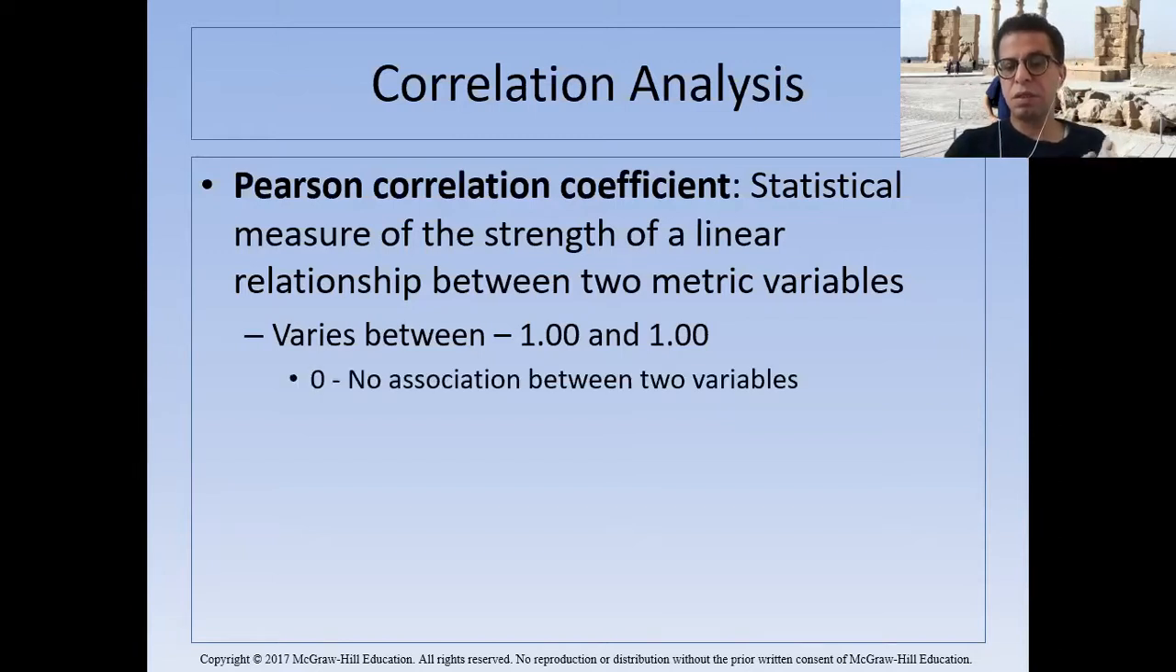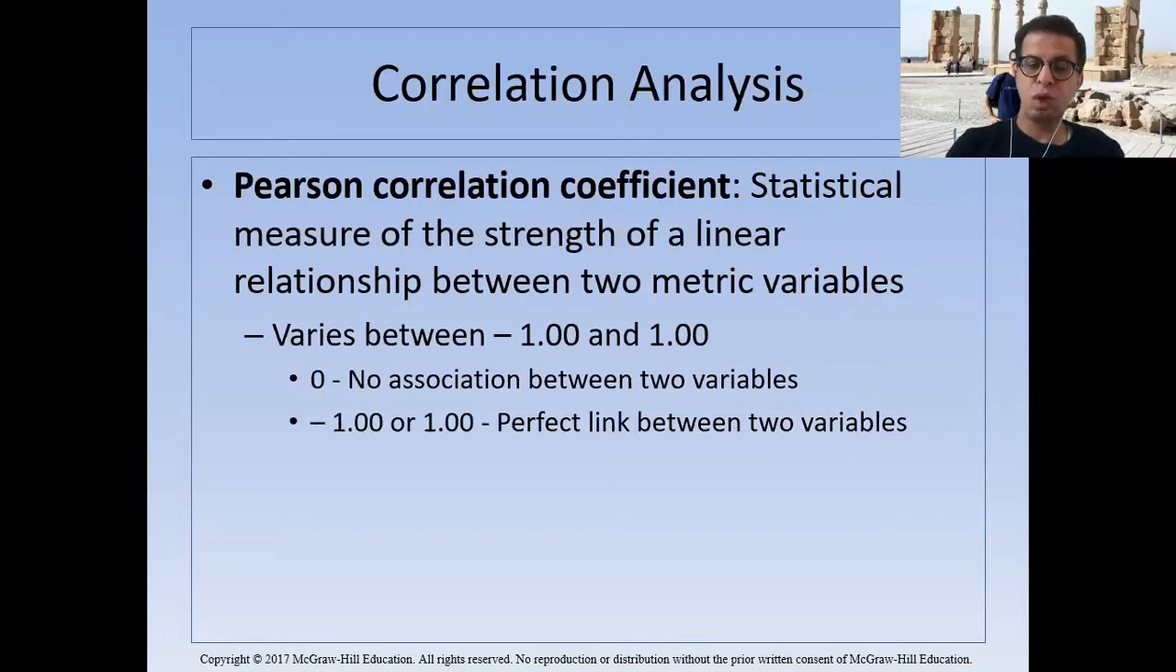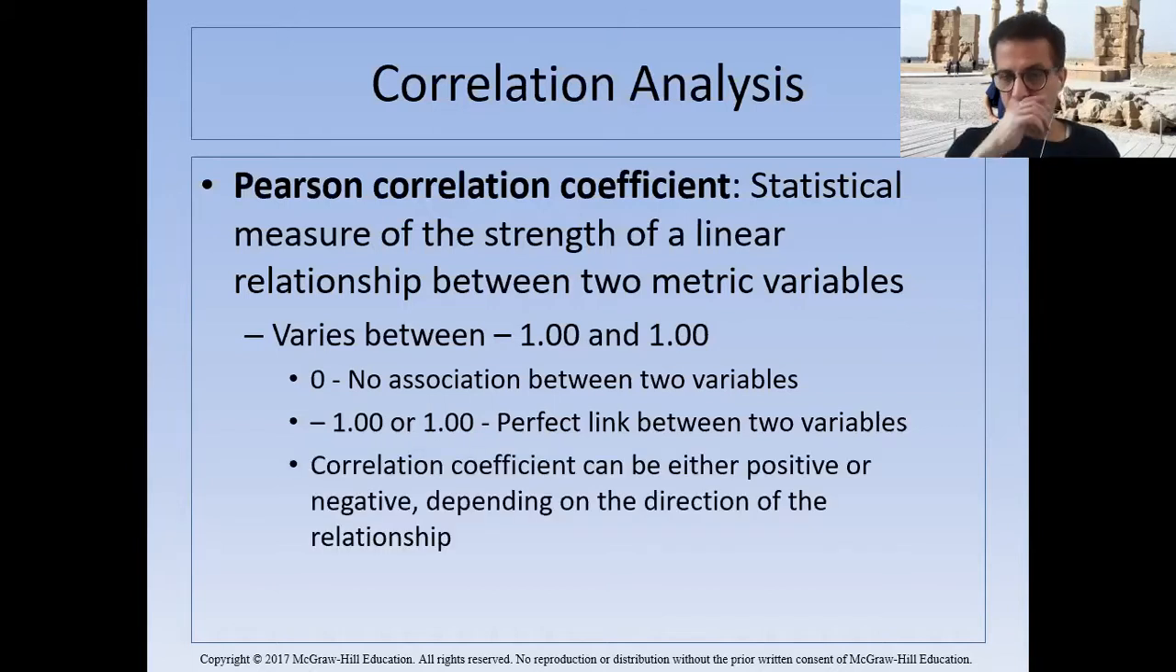So zero is no association between the two variables, and the range is -1 to +1. And when we say one is like a percentage, we look at it as -100% to +100%. This is the link between a dependent and independent variable. And the correlation coefficient can be, as we said, positive or negative, depending on the direction of